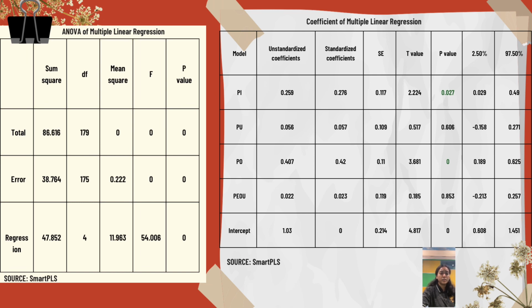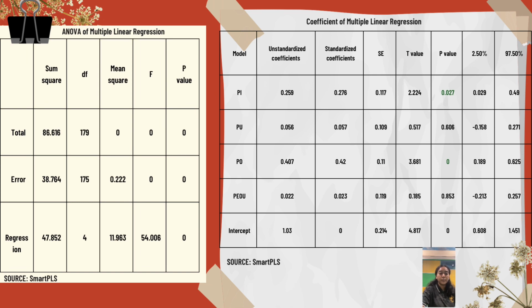Then, perceived usefulness was shown to be the third greatest predictor, where the unstandardized coefficient is 0.056 and the t-value is equal to 0.517. Even though the unstandardized beta for perceived usefulness was reported to be the third highest value, this factor does not have a significant relationship with the intention to use AI in education. This is due to the fact that the p-value for perceived usefulness reveals